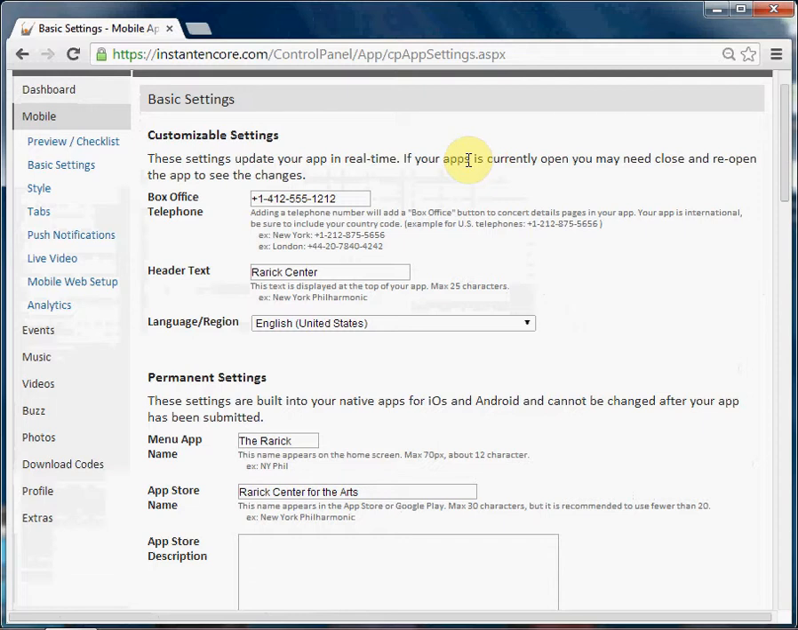These items include the box office telephone number. This is a universal number, so when you add a number into this area, it will associate that phone number with each of the events that are added into the events area of the control panel. Beneath that is the header text. The header text has a maximum of 25 characters, and this text appears in the colored ribbon at the top